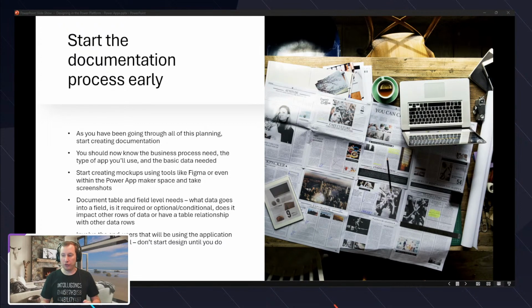So you're going to want to start the documentation process at the very beginning. You're going to want to understand what the business process is, and that should be the very first paragraph inside of any design documentation, as to why the business process need is there and what it's trying to accomplish. Is it helping our customers? Is it helping us be more efficient? Is it catching things? For example, do we need a Power Automate so that when a book gets submitted for review,